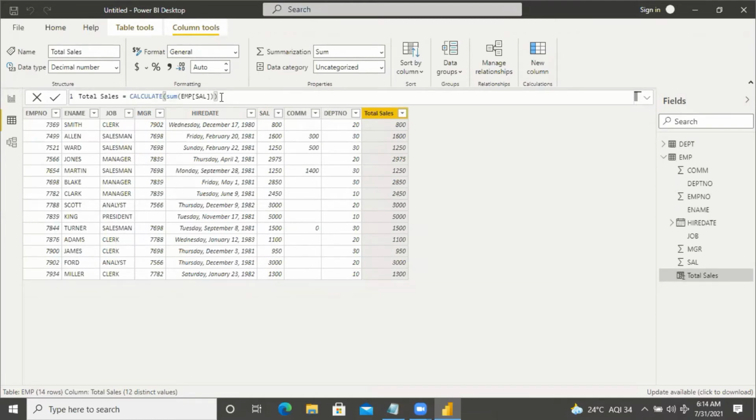Like this, we can take n number of columns or n number of measures.